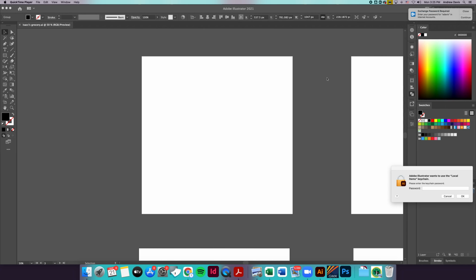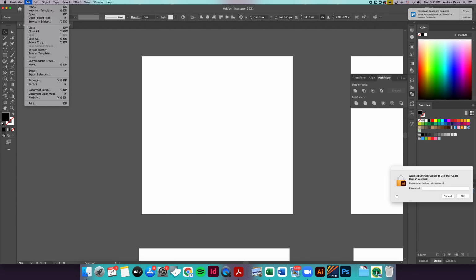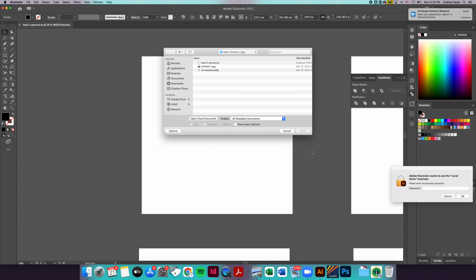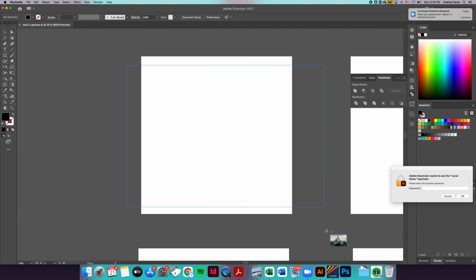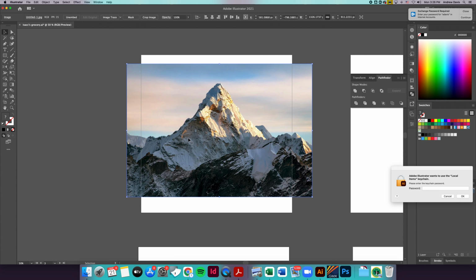So the next type of logo we're going to create is a geometric logo. It's going to have the same theme, which is Isaac's Grocery Store, and they're going to use a mountain. So I'm going to start by placing a picture of a mountain in the background. Go back to the same mountain range. Here we go. Now what makes a geometric, or sometimes called low poly logo, is that it's made up of